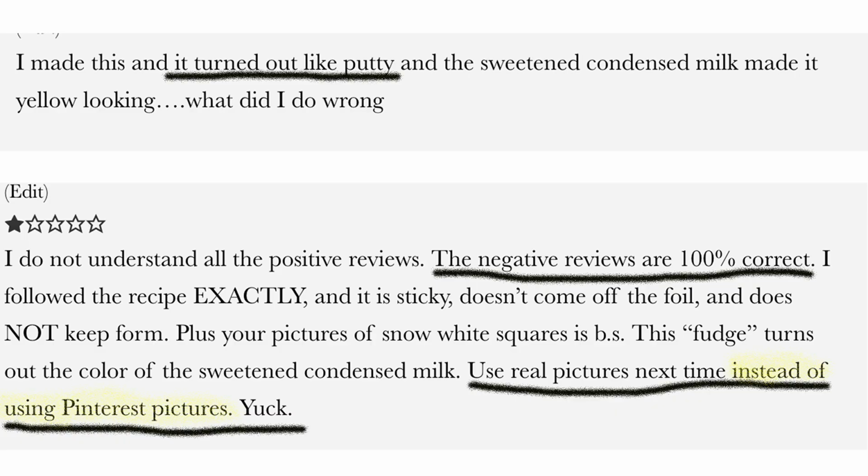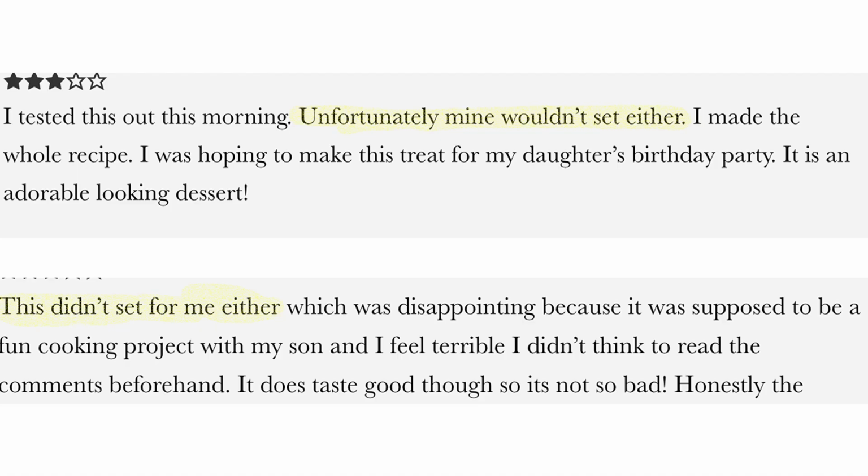The biggest complaints that I get are that the fudge is not setting up properly, it's soupy, it's just too soft, and it's not a nice firm fudge. I cannot make this happen, so let's go over exactly how to make this fudge. Now, often when I'm making recipes, the brands don't necessarily matter, so I don't really mention them. Because so many people are having problems with this recipe, I want to talk about the brands that I'm using